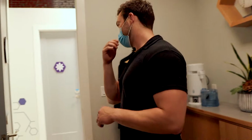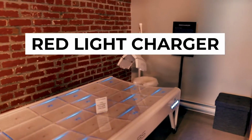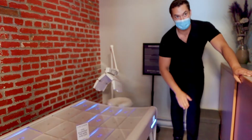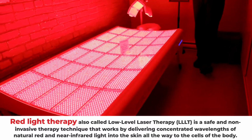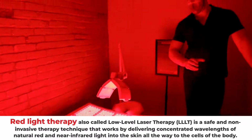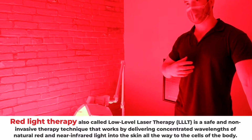Dope. Yeah. Okay, cool. There's one really cool one to show off as well. Our red light charger. So right here, I'll turn it on for you. You might not be able to see me for a second, but red light charger. This one's all about your elastin production and collagen production. With the elastin and collagen production, just less wrinkles in the face, less sunspots, less scarring, all on your whole